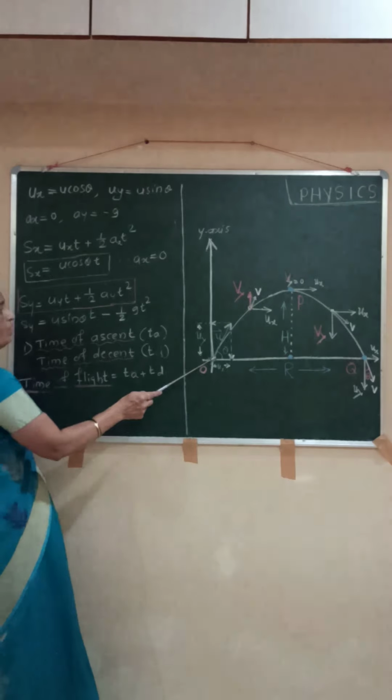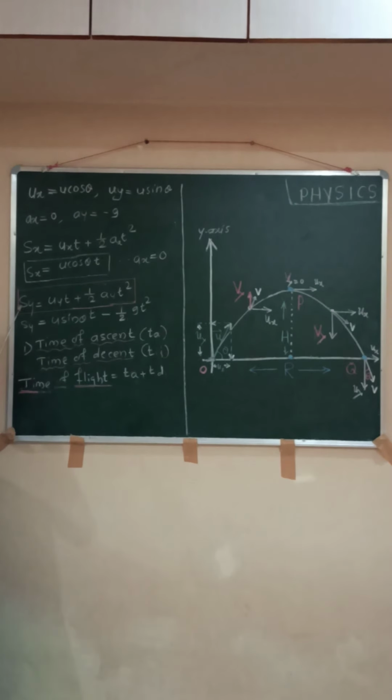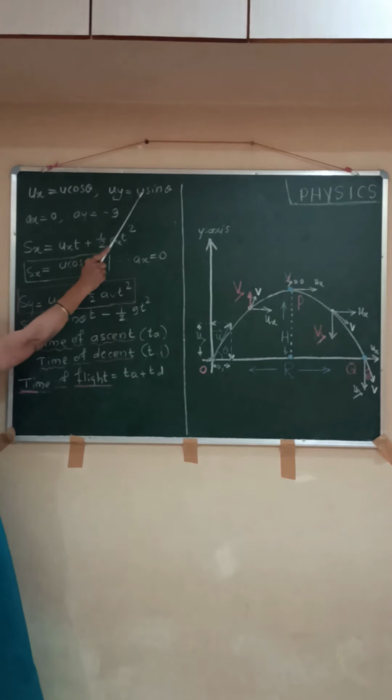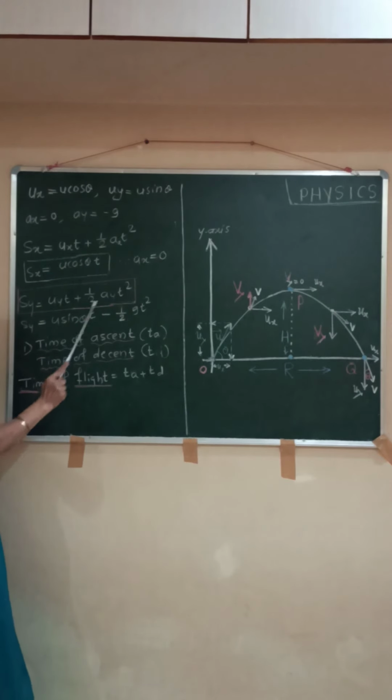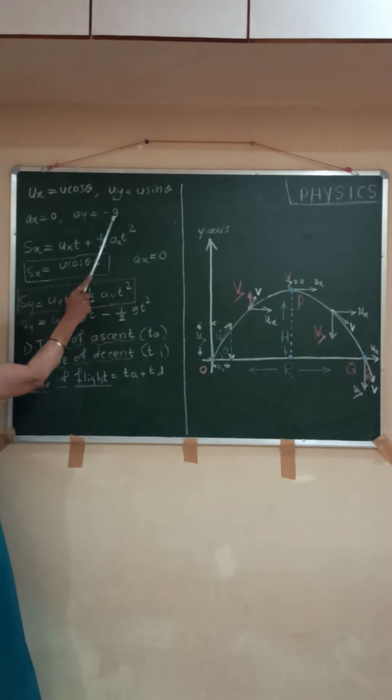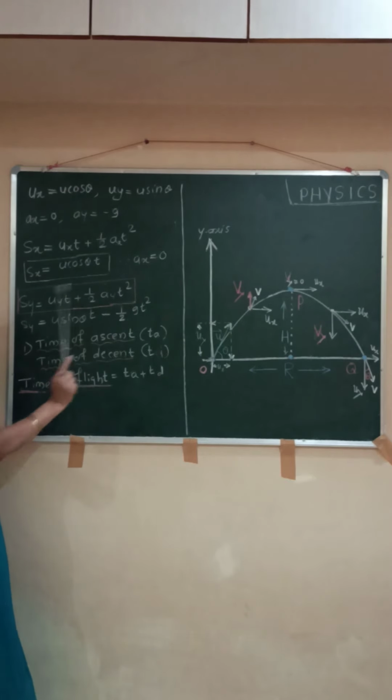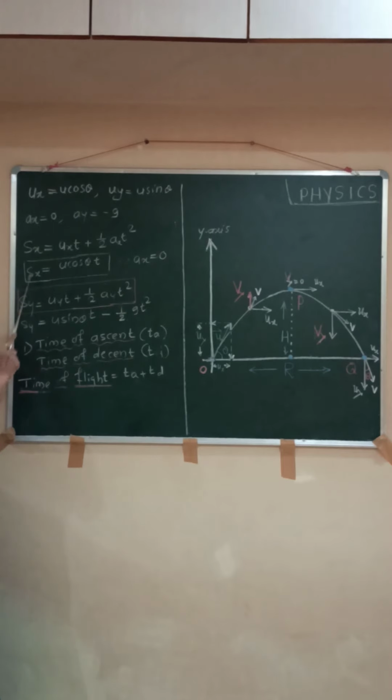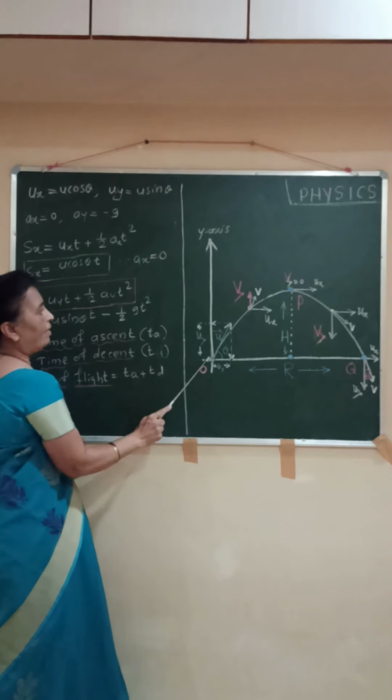Similarly, the displacement of the projectile along the y-axis we have to consider, and that is Sy, which is equal to, again the same formula, ut plus half at square. As we are taking it along the y-axis, we have put y. Sy is equal to uy t plus half ay into t square. Again substitute the value for uy. Uy is equal to what? U sin theta into t. This ay is replaced by minus g. So it comes to be minus half g into t square. These are the two equations which give us the displacement of the projectile along the horizontal direction as well as along the vertical direction.